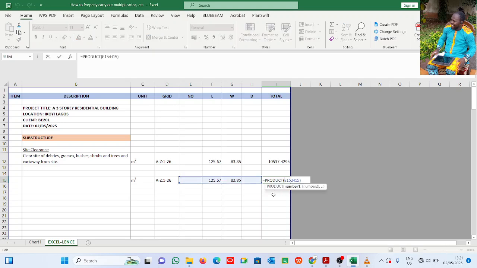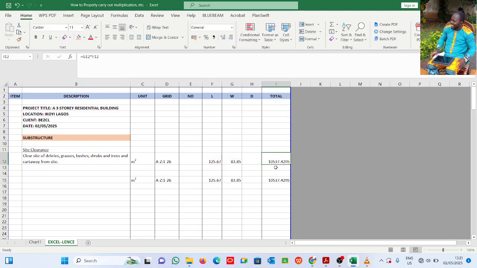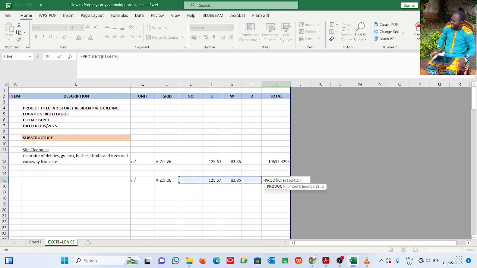Now this captures everything. This only length and width, because we are dealing with area item. I advise quantity surveyors to use this. It saves you time, it saves you error. All right, good. That aside, now if you can see what I have here, I have